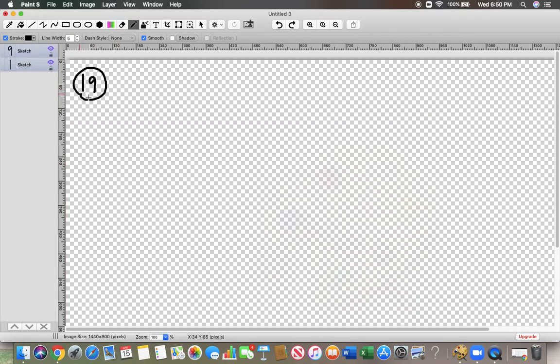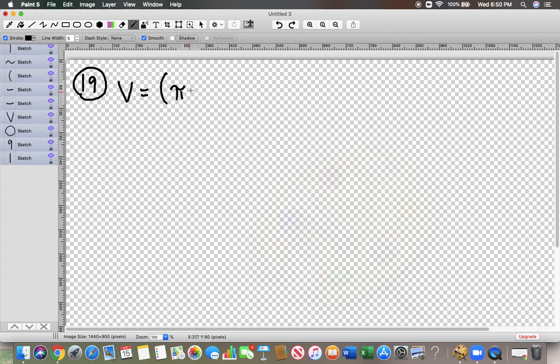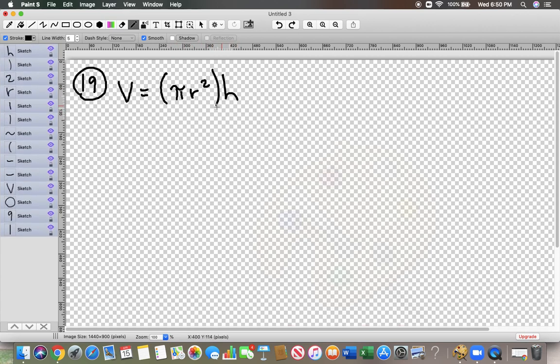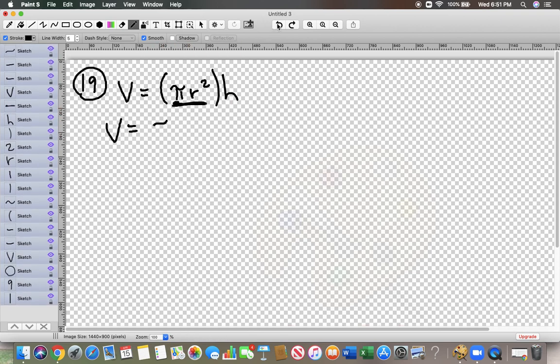Number 19. Again, this is a cylinder. We're finding the volume of a cylinder, so we're using the formula pi r squared times h. Again, this represents B, capital letter B. Remember, B is the area of the base, and we're just plugging in the specific type of area that we're using, which is a circle base. So that's 3.14